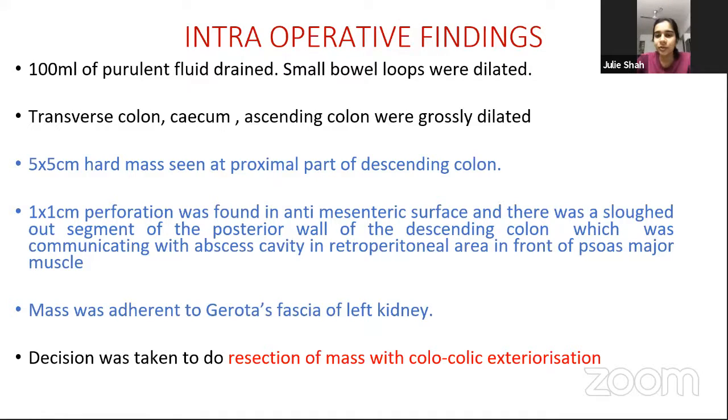Another option could have been a resection of the entire colon, a subtotal colectomy with a primary anastomosis and a proximal diverting ileostomy. Why subtotal colectomy? If there had been multiple lesions in this patient, I would do a subtotal colectomy, but not in this patient. Okay, any other option?